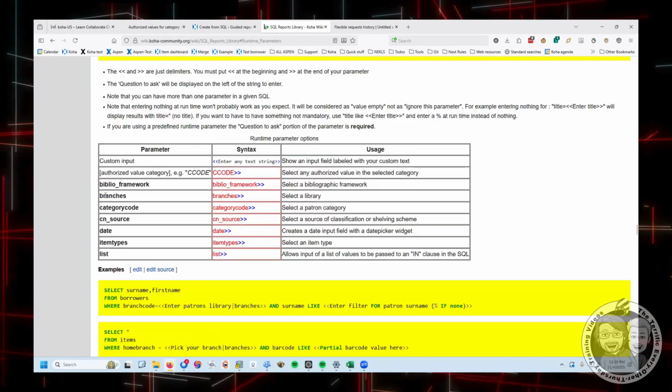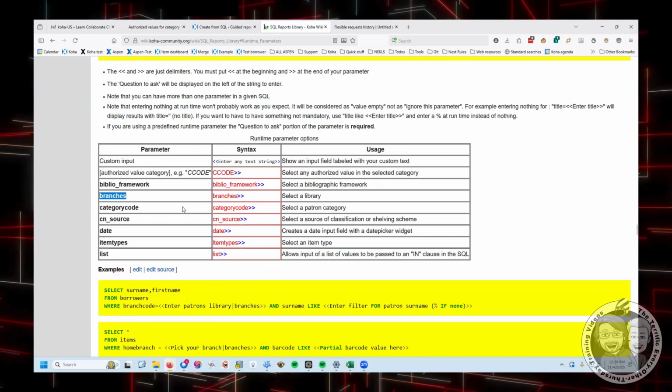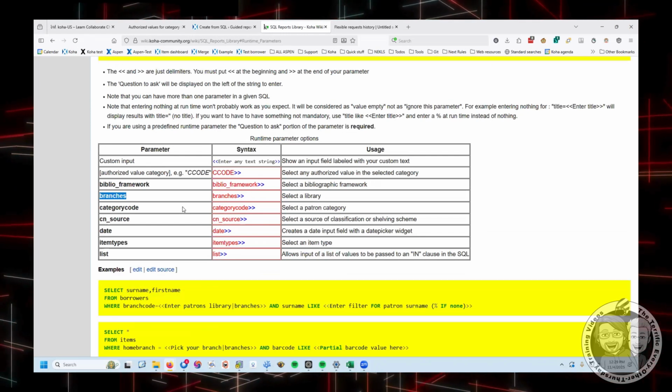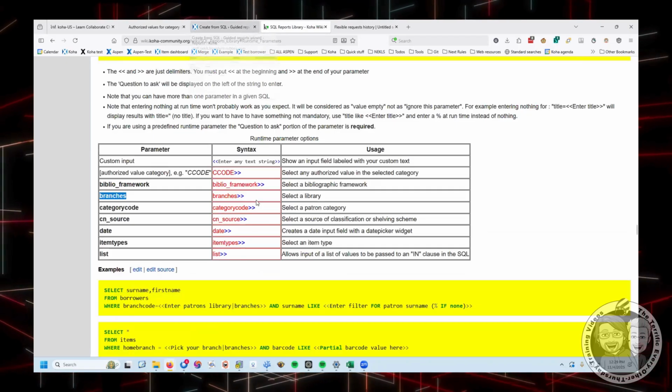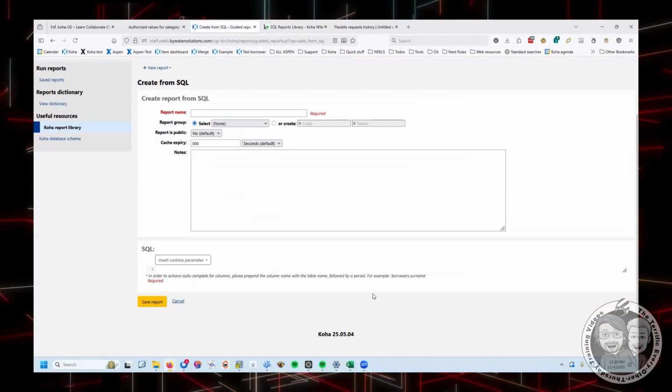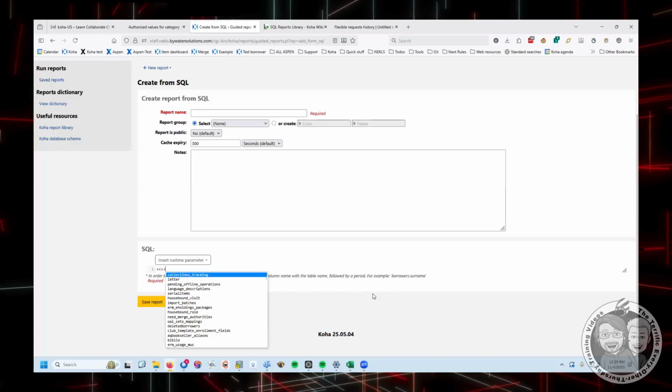So if we wanted to have a drop down that listed all the branches, the way that you create those in a report in Koha is you would do